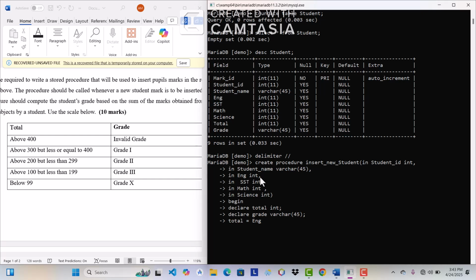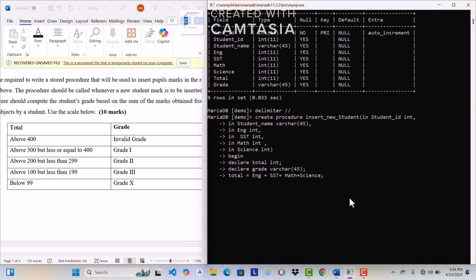equivalent to English plus social studies, plus mathematics plus science. So we have that. And now I'm going to write an if statement. So the if statement is going to be, if the total, we are depending now, we are here on the table. If the total is above 400,